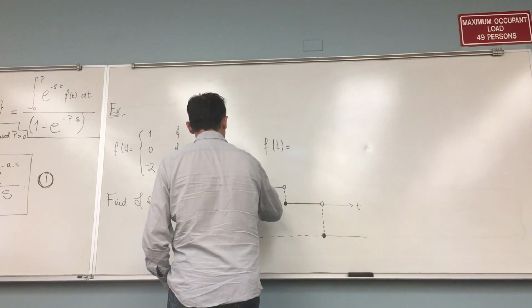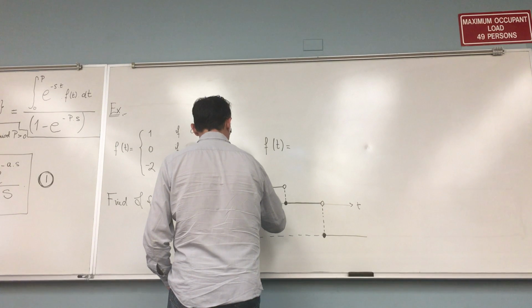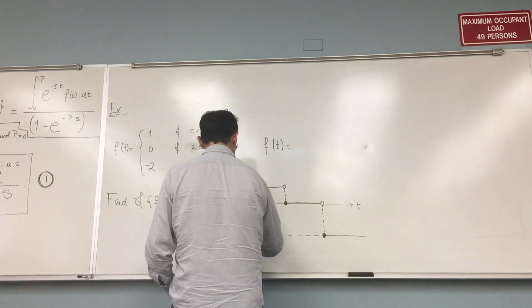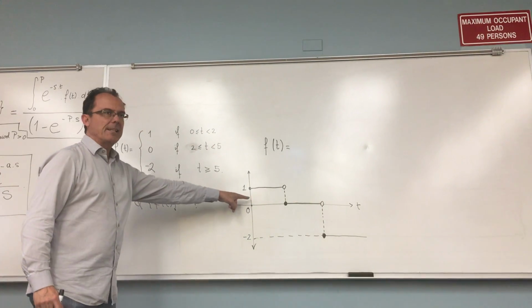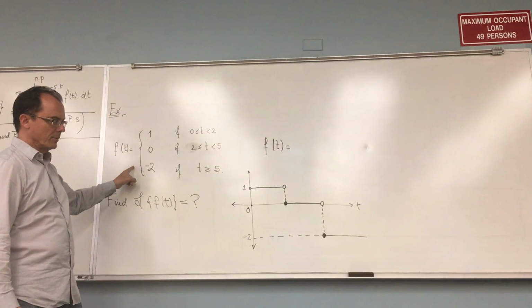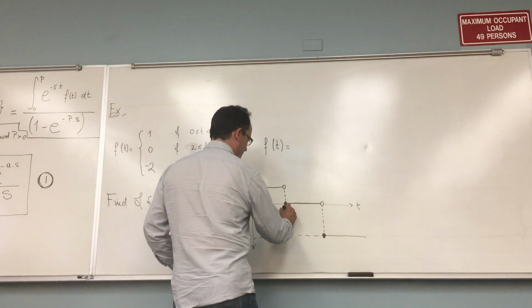So here is 1, here is 0, this is minus 2. This is the graph of this one. I mean, that would be 2 on the t-axis and